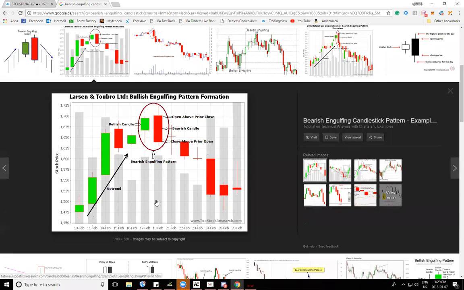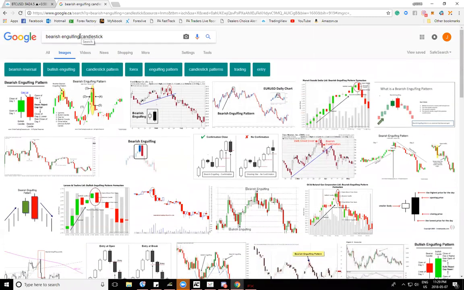You can get bullish signs. Normally we'll look for those at the bottom of a move. And then you have another pretty powerful one that